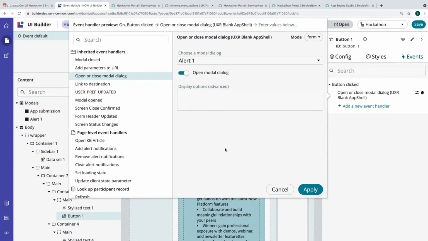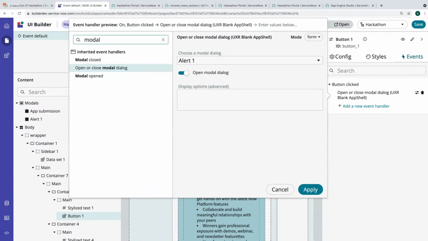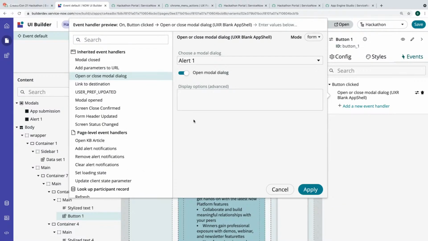Scroll down to the other handlers, or just type modal in the search and see what's in there. Yeah, it is just those three. So we could create a custom modal and just call the catalog component from inside of it.